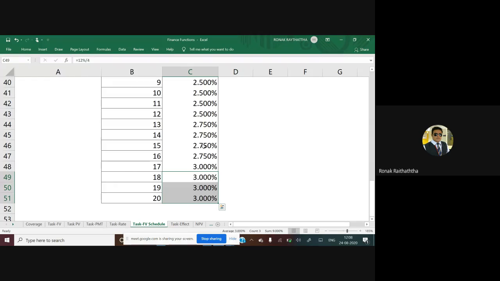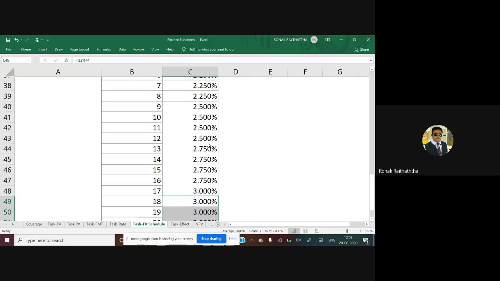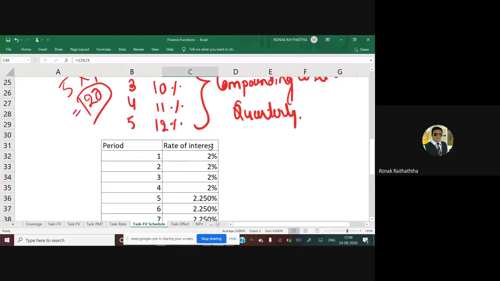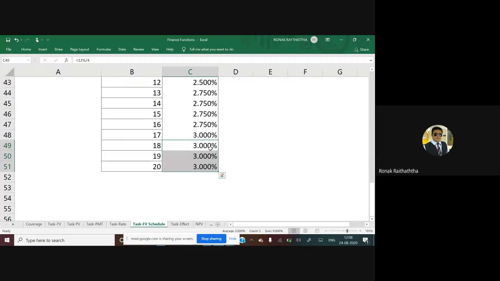Let me plug in my charging and let me know. I have given you 80% of the task. Now 20% is remaining, which you are supposed to do. Let me know the answer by applying the FV schedule function.